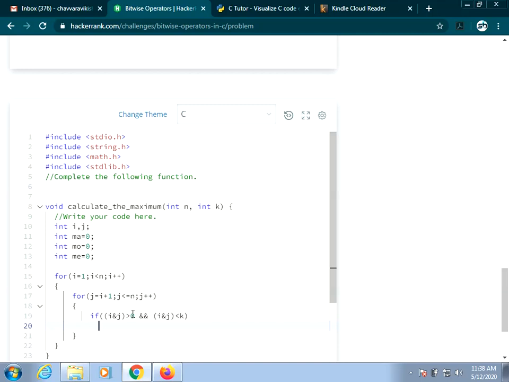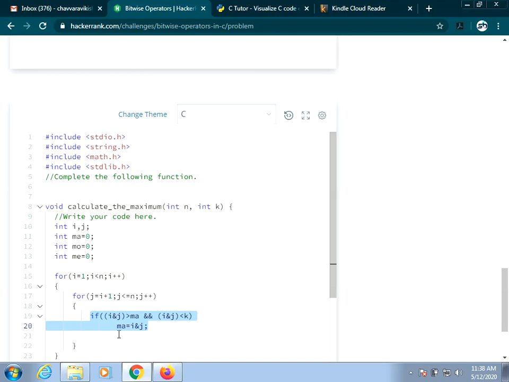If this is greater than the current maximum, that is greater than maximum of AND operation, and it should be less than k, it should not be greater than k, at that time you have to move that particular value, that is i and j value, into ma. With these lines you are going to find the maximum which is less than k.